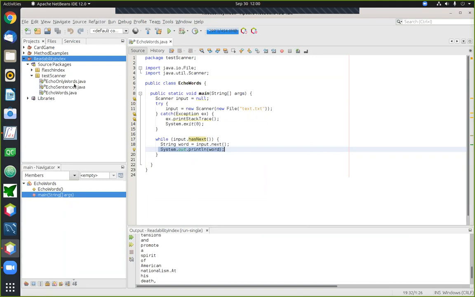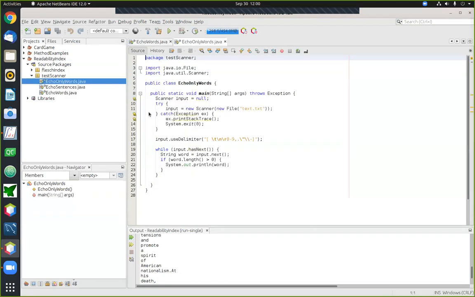Okay, so to fix that, I brought along another version, a small variation on this first program. And this one introduces one very small change to the program that is designed to fix some of these problems. All right, now the change that we're going to make here is what we're actually going to do is tinker with the scanner itself, and we're going to be using an option that you can set in a scanner that changes the behavior of the scanner.